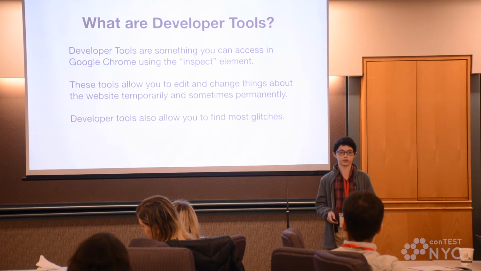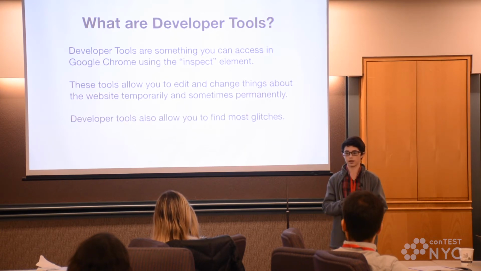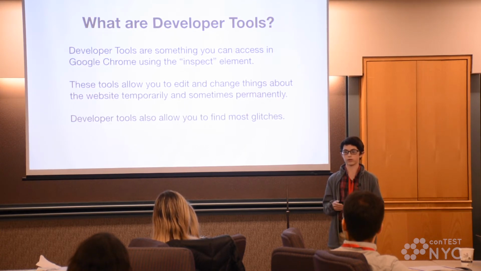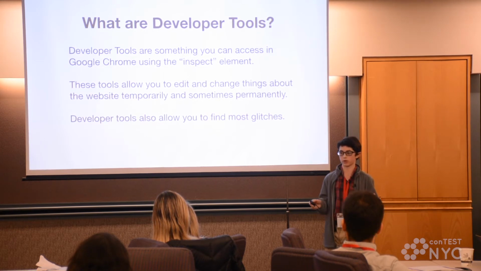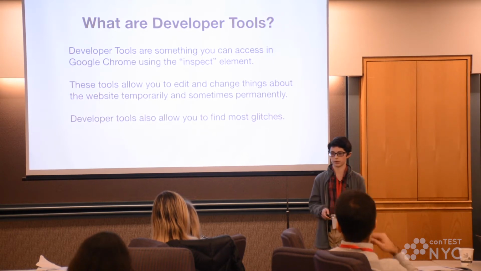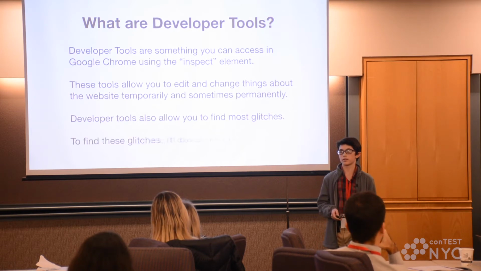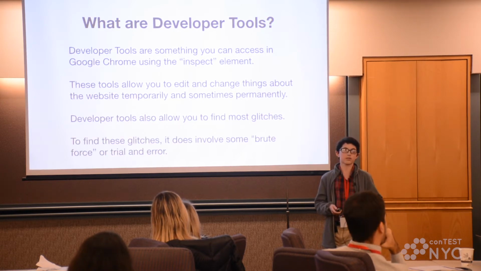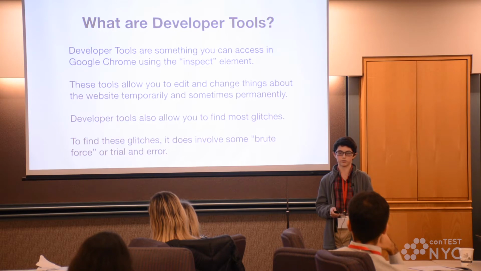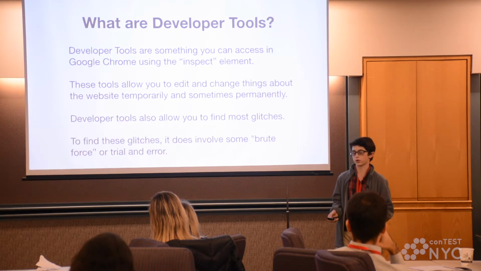You find most glitches using this because Google Chrome is a really good way to look up stuff, and there are billions of websites you can go to and just mess around with Inspect Element. And also, it does involve a little bit of trial and error to find these glitches. So I'm going to show you